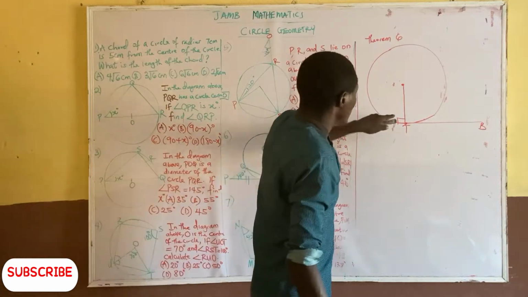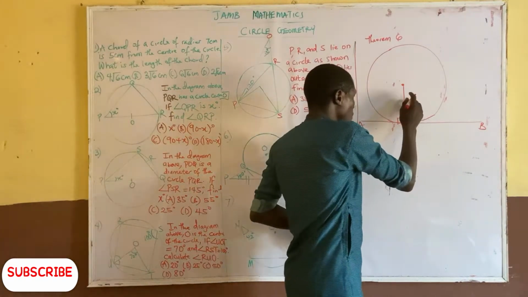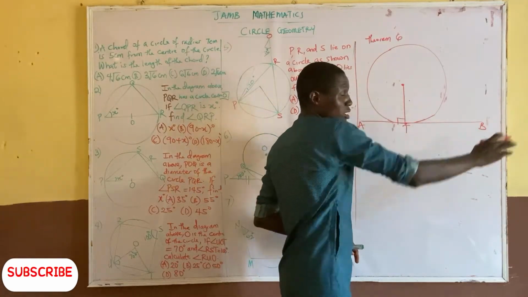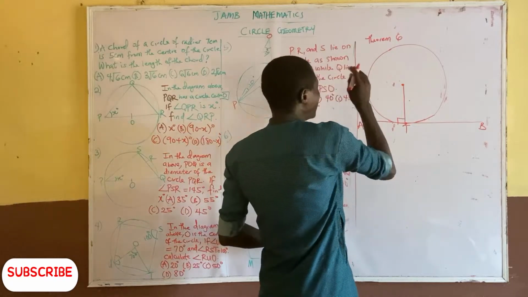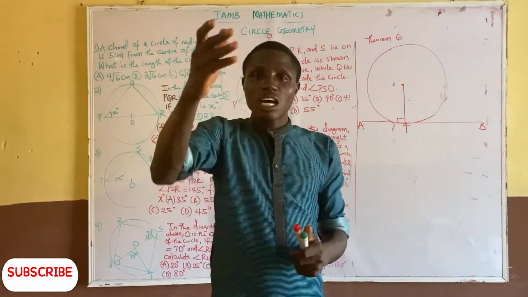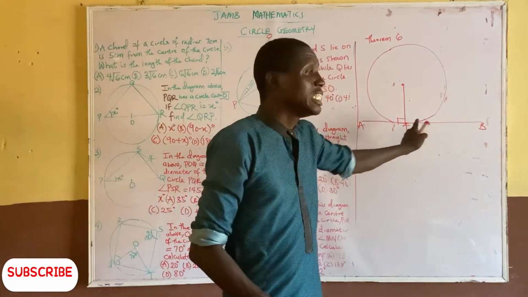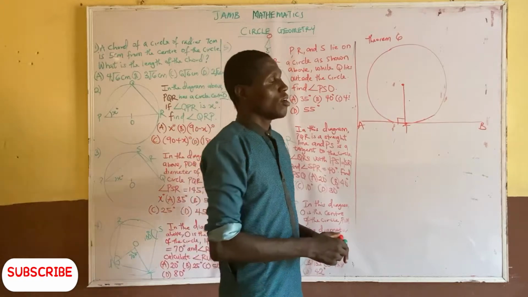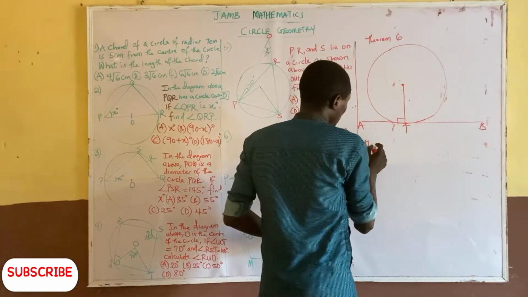So this radius R makes an angle of 90 degrees with the tangent line. This is one of the rules in circle geometry: the radius of a circle makes an angle of 90 degrees with the tangent. So that's one of the theorems. And the last theorem here is angle